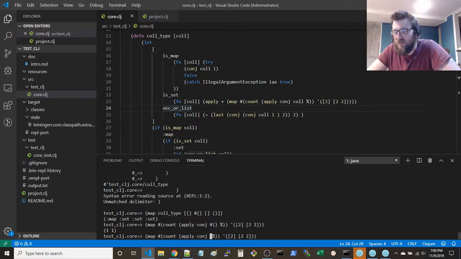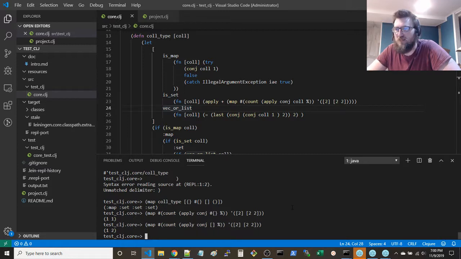What is going on? And that's a set. And then the other one is anything else, right? Like a vector. What is going on? Why? Oh, count. Oh, that's right. Yeah, that makes sense. That's the count. That's why.